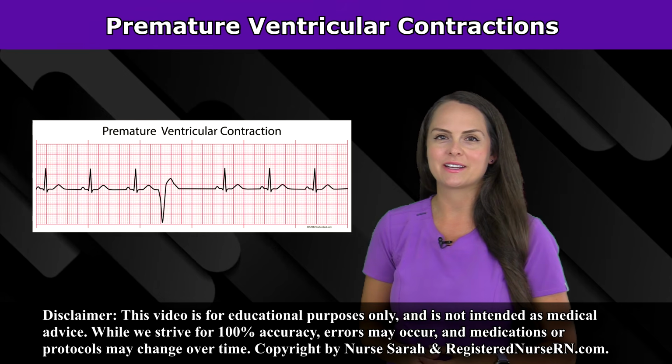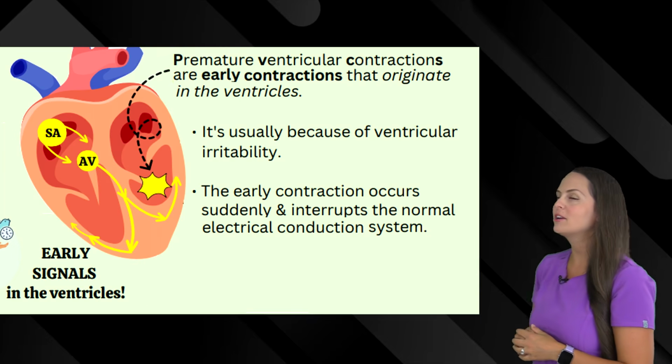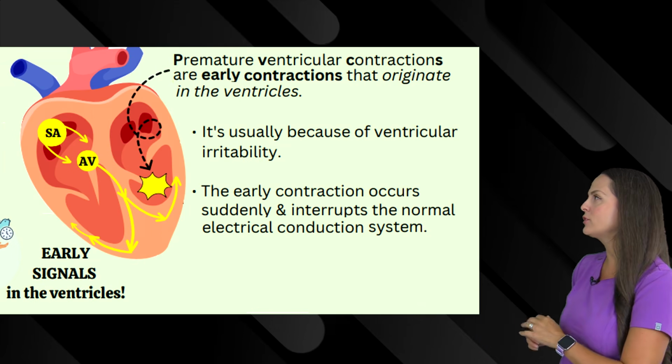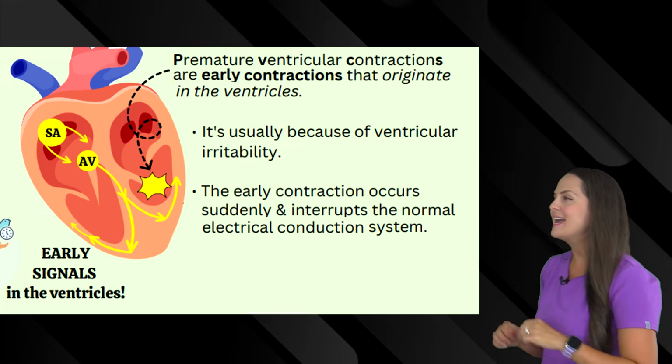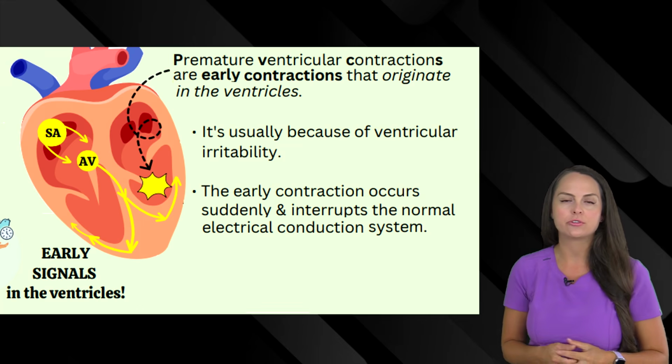So let's get started. PVCs are early contractions that originate in the ventricles. So we're talking about those bottom chambers of the heart, and it's usually due to ventricular irritability. So those ventricles are not very happy, and these early contractions can happen suddenly and interrupt the normal electrical conduction